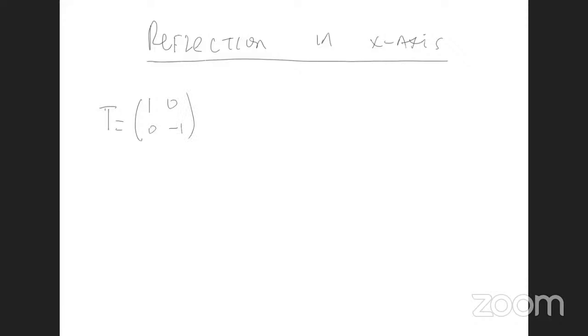Anybody remember what happens when you reflect in the x-axis? The y value changes sign, right? So make a note of that. The y value changes sign. So let's say in this first example, I gave you a point, the point is 2,